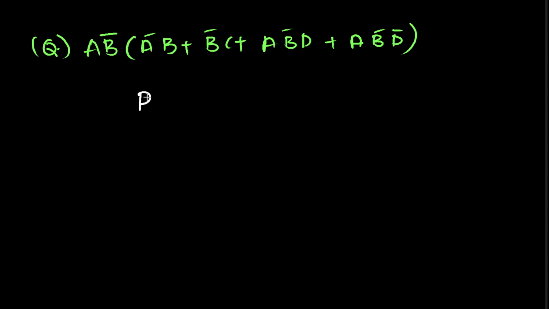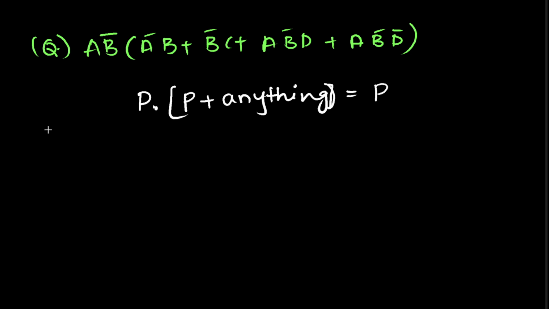First, the property I am going to say is, if I am having a variable p into p plus anything, that will be equal to p. So let us say this one, a bar b, as p. So I will check if a b bar is possible, and here it is possible, and here it is there. So I will write a b bar as it is,